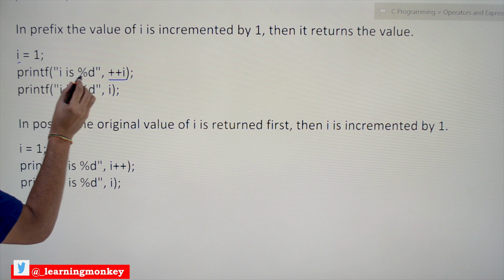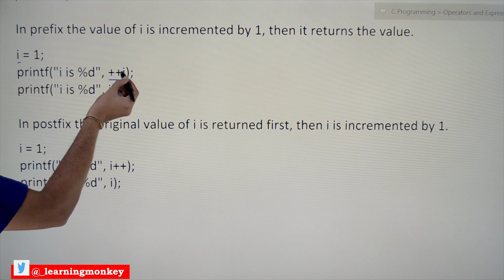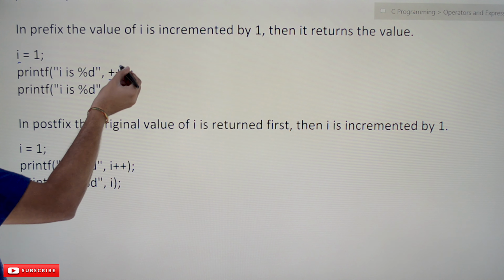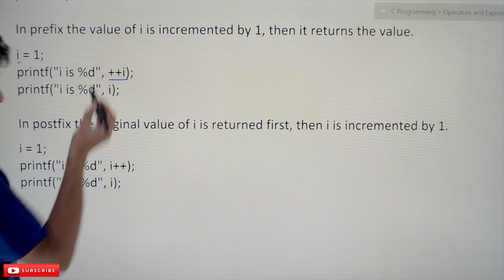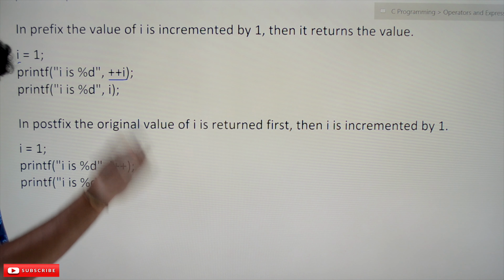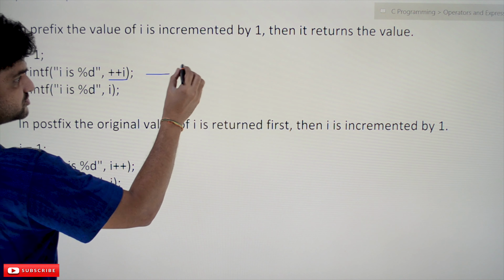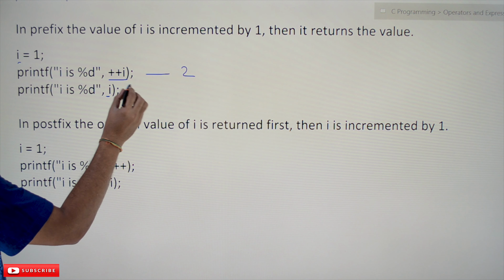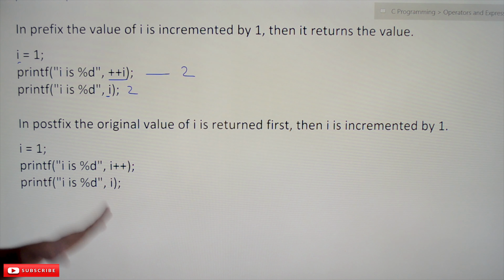Now printf("i = %d", ++i): this expression has to be evaluated and that value printed. Here ++i means increment it, and that incremented value is printed. So the output is going to be 2, and in printf of i, the value of i is 2, so that 2 will get printed.